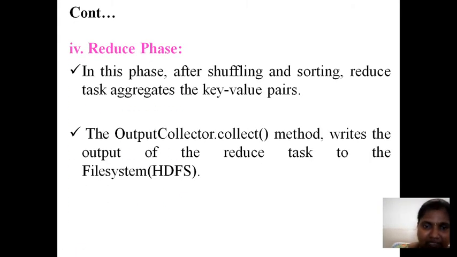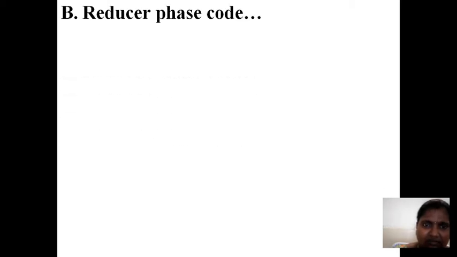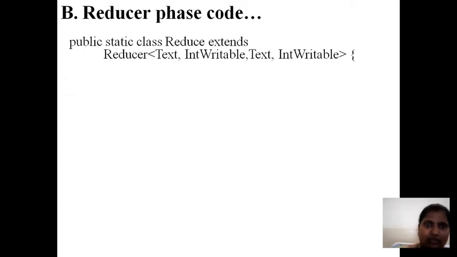So repeat the same, nothing more there. Here we have to verify the code. See, public class, static class, reducer name, that is up to you. You can use any name here. Extends Reducer. Okay. Here, if you observe, there are key value pairs for the input and key value pairs for the output. Here also we will get the text, here also we will get the text for input and output.